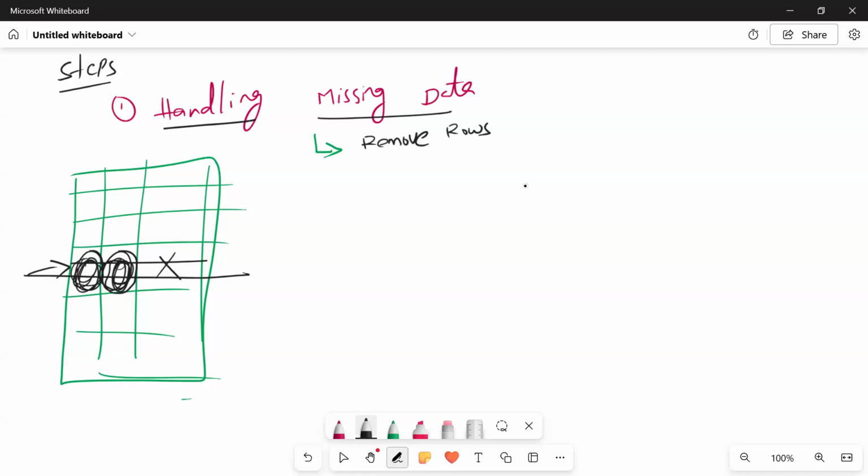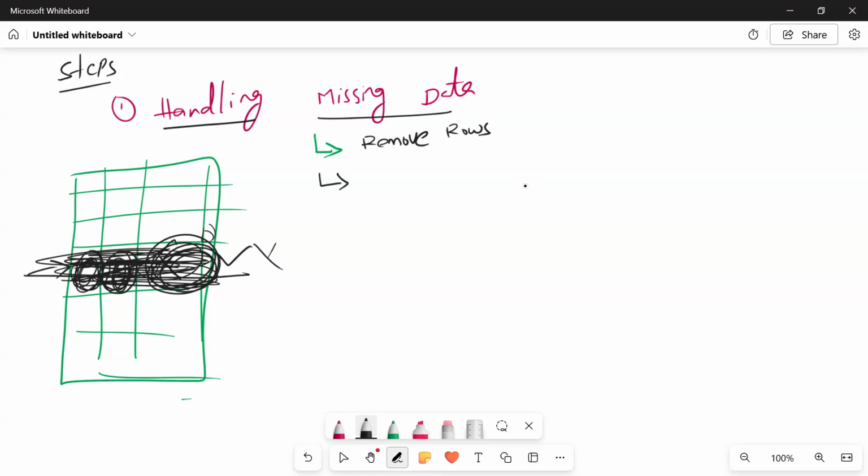Yes, there could be some kind of missing data. If I remove this entire data, what happened? So you might lose some valid data also, right? If you remove this entire row, here we have data that already exists in this particular cell. So if you remove this entire row, you lose some valuable data. That's the reason removing the rows is not a good practice, but we do have various other